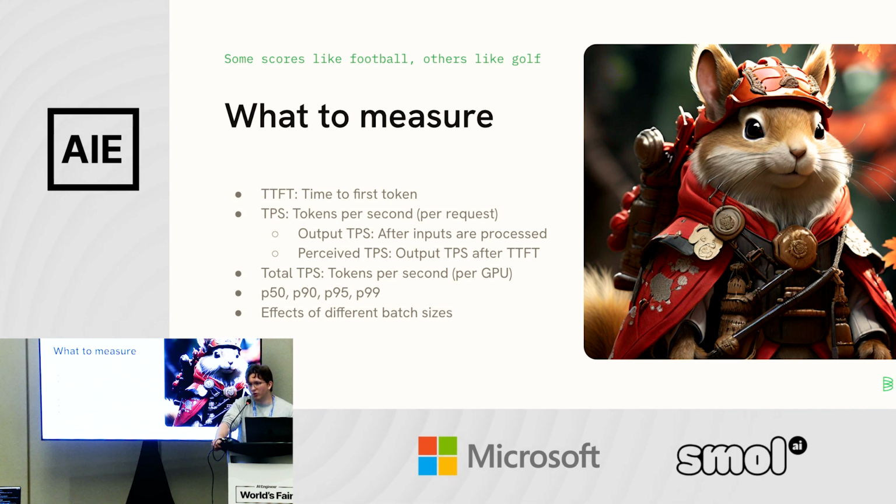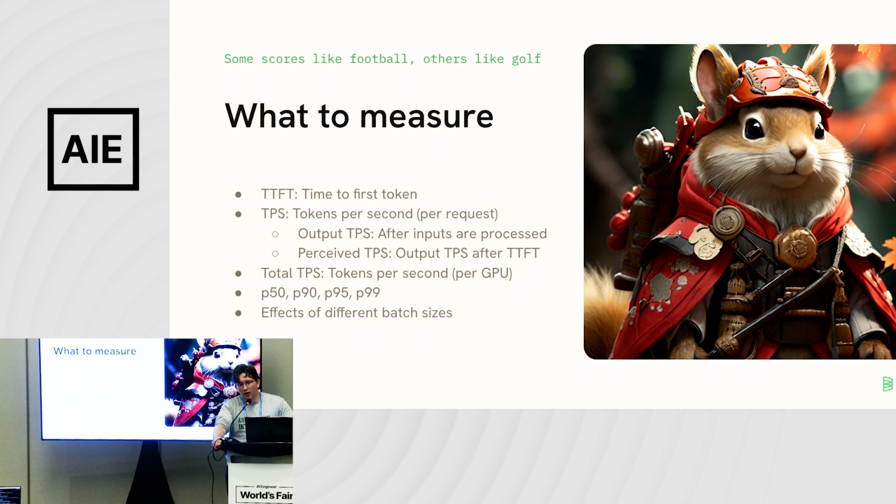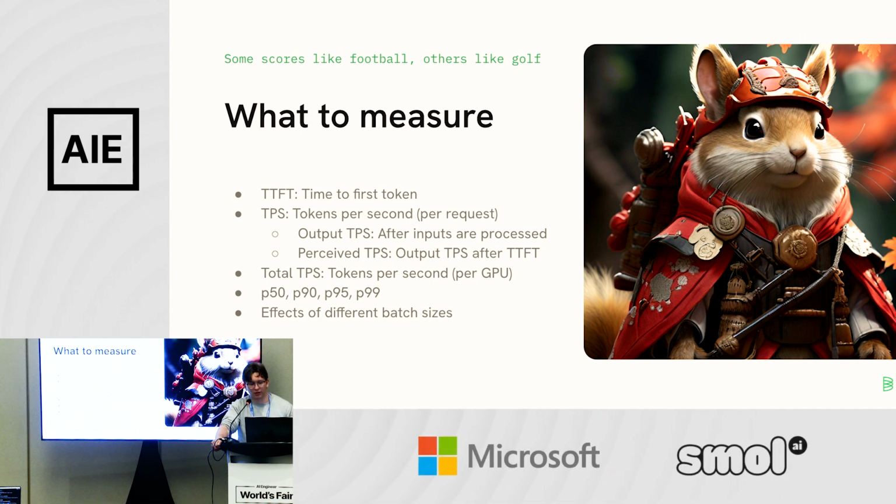But again, inference is all about trade-offs, right? When we're optimizing, sometimes you might want to trade off a few. Maybe you're going to go at 100, not 120 tokens per second, because that gets you a bigger batch size, which is going to lower your cost per million tokens.